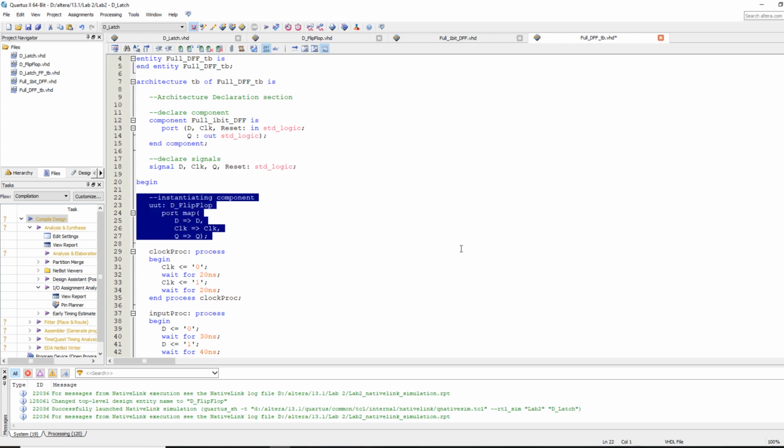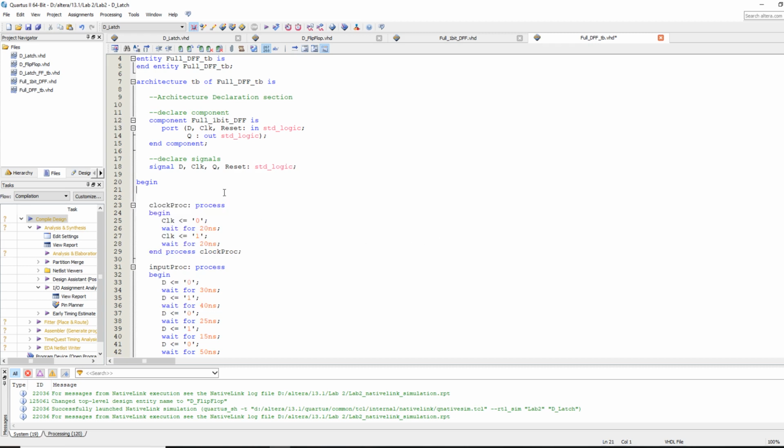I'm going to remove this component instantiation completely, and I'm going to rewrite the component instantiation here. Okay, so instantiate component, and the reason I'm doing this is I want to make sure that I don't mix up anything with my port mapping. All right, it's still the unit under test, and I'm going to specify that the unit under test belongs to the component that I specified above,